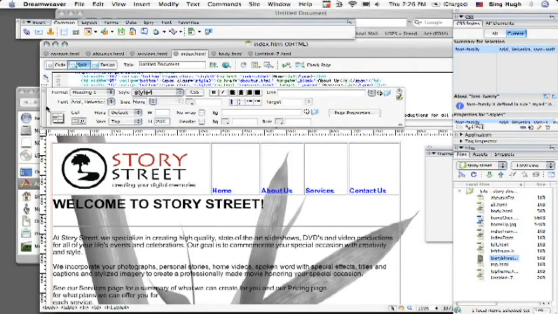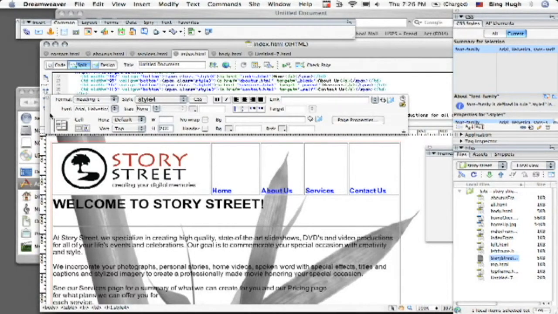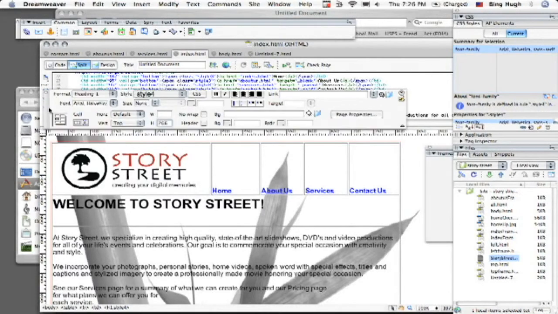In this tutorial we're going to show you how to create cascading style sheets, or CSS, and give you a basic intro into CSS, its various elements, and its benefits. So I have this document open here. This is a document I've been working on for Story Street, and I want to change some of the elements